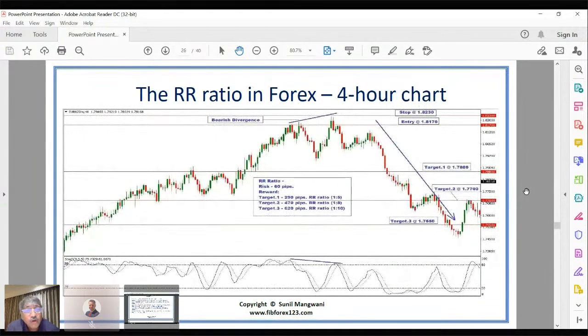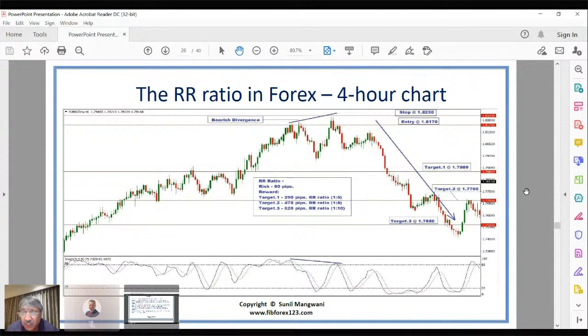Let's take this on a 4-hour chart. Similar bearish divergence. As you can see, the frequency of movement is much stronger in this. It's much larger. Sorry, my mistake. It's much larger. Obviously, because the movements are more, and the biggest advantage of larger term time frames is that